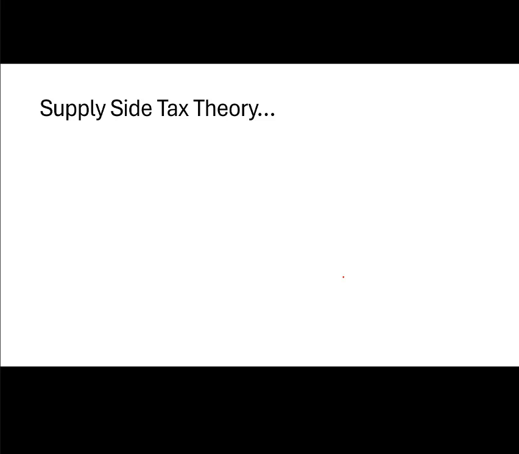Okay, so here's supply side tax theory in a nutshell. Economists like to say if you tax something, you get less of it. So the reverse of that holds true as well. If you eliminate taxes or even just reduce tax rates or tax burdens, you'll get more of that thing. Specifically here, we're talking about the income tax. So if you tax income at higher rates, you'll get people earning less because they work less or invest less or start fewer businesses. And conversely, if you cut tax rates, you'll have people working more, investing more, starting more businesses, which could contribute to more economic growth, more productivity, more goods available at lower prices.